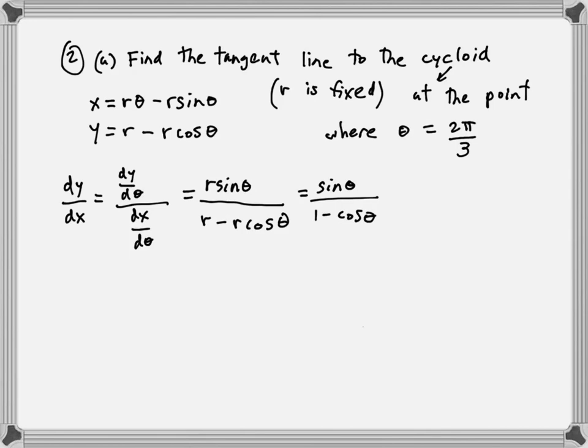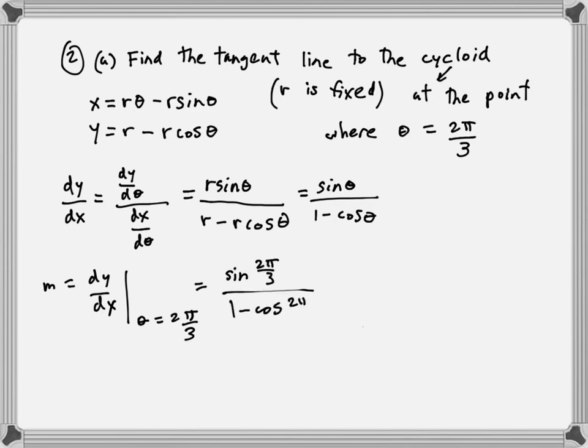So, at theta equals 2 pi over 3, let's see what we get for the slope. The slope that they're asking us for, we want dy/dx at theta equals 2 pi over 3. So what do we get when we plug 2 pi over 3 into that? We get sine of 2 pi over 3 divided by 1 minus cosine of 2 pi over 3. What would sine of 2 pi over 3 be? That is root 3 over 2